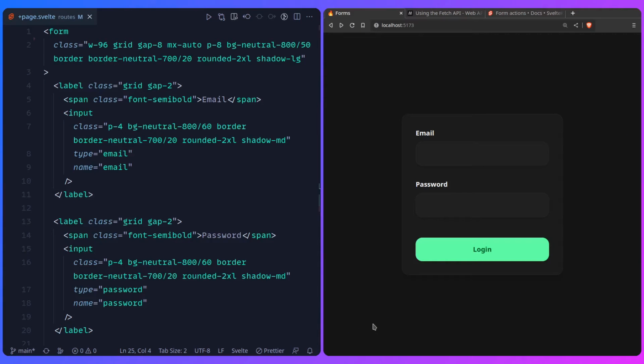Hey friends, let's talk about progressive form enhancement in SvelteKit and how to use it to improve your user experience. You can find the code on GitHub or open it on StackBlitz if you want to follow along, but right now I only have a simple SvelteKit project and nothing else, and I have a basic form with some styling